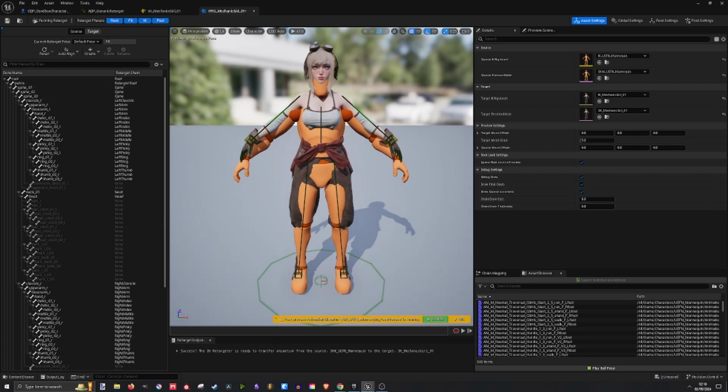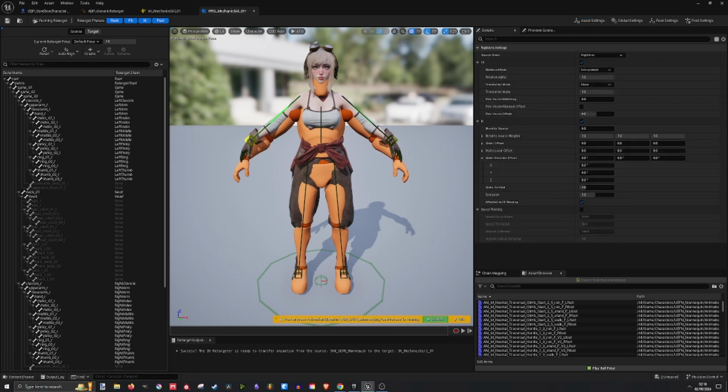Sometimes these hands and stuff aren't quite right, and what you would then do is adjust this and move stuff around so that it's closer. But this one is an A pose. It happens a lot whenever it's in T pose. So you've created your RTG, and then the next thing you're going to do, if you're using the demo thing,